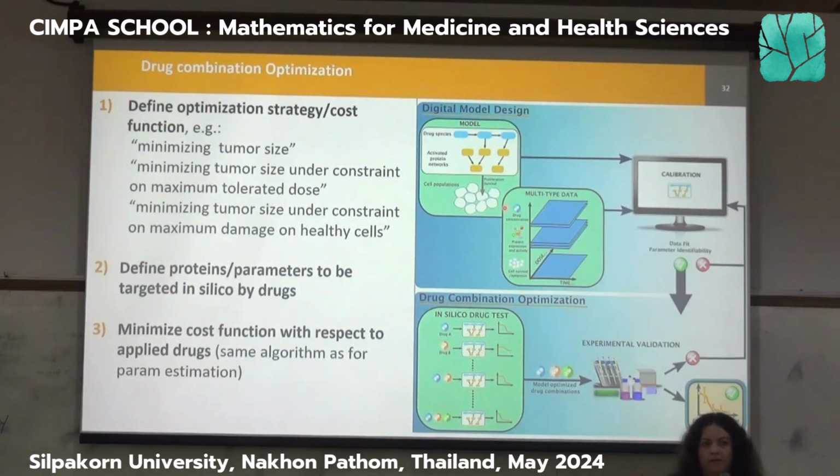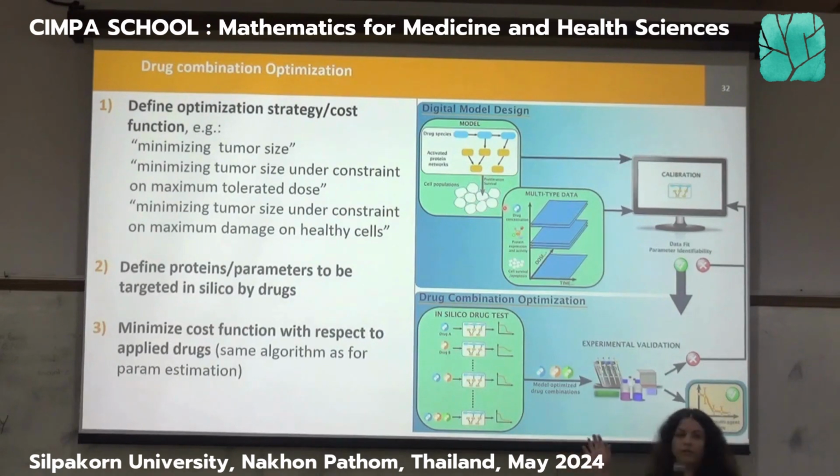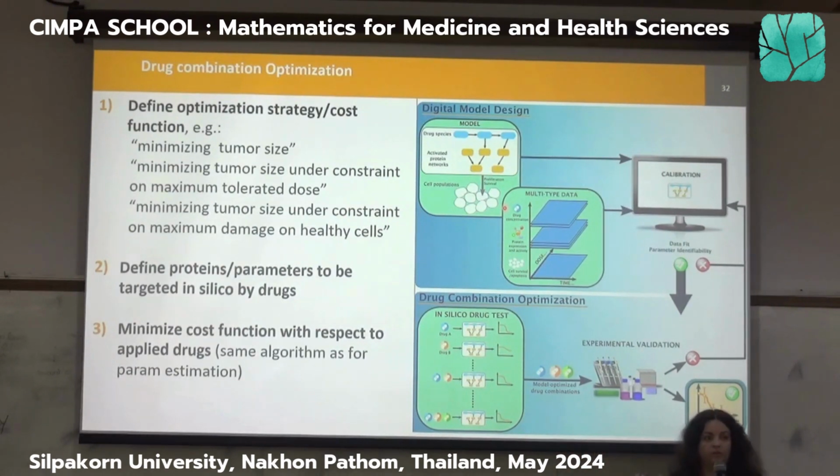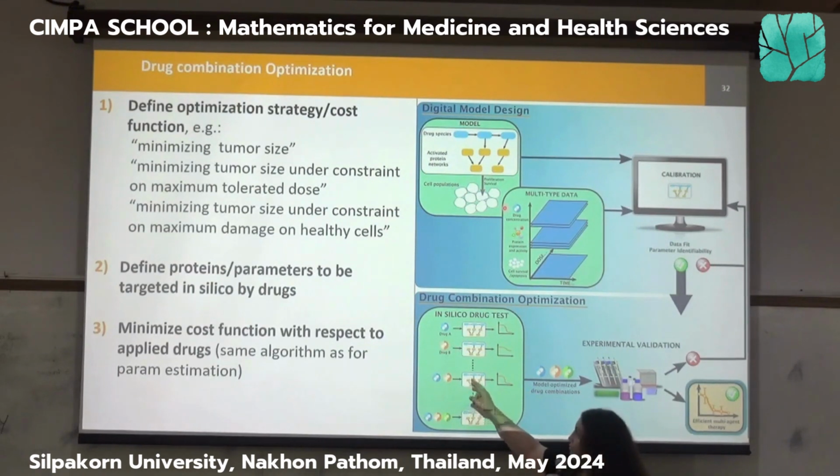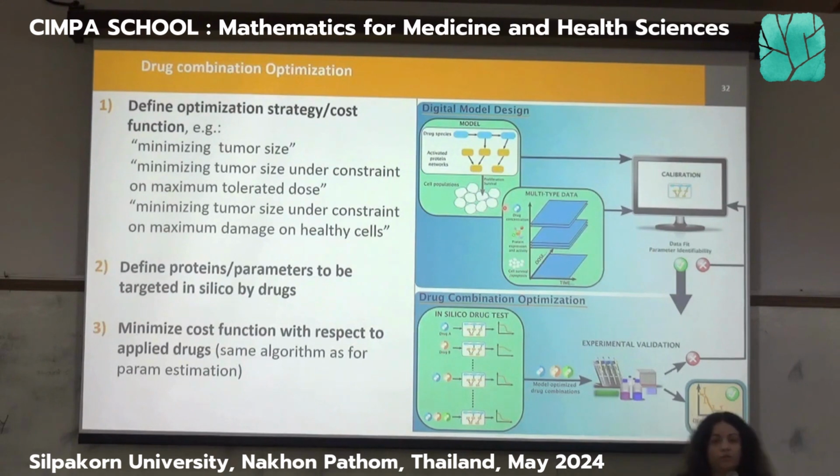Okay? So basically I will run my model. So my model that I have, but with a different initial condition for A, protein A, and I will set it to 0. And this is a way to say I have inhibited my protein A. And you can do that for any initial condition, but you can also change the values of your arrows, so the value of your parameters. And then basically, step 2 would be listing the different targets in your mathematical model, which makes sense. That's it. So, and they are among your parameters and your initial conditions.